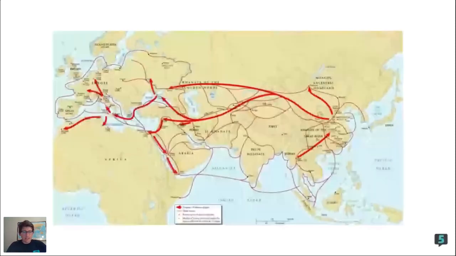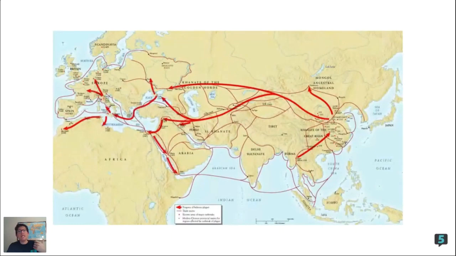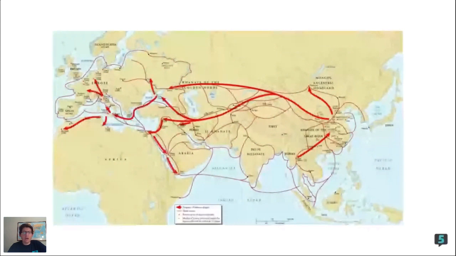Now, other consequences, right? I said there were social or cultural and environmental consequences. When we think about environmental consequences, it is the diffusion of crops, the spread of bananas, for example, from Southeast Asia to Africa, champa rice from Southeast Asia to East Asia, the spread of citrus into the Mediterranean. But probably most significant is the spread of pathogens and epidemic diseases along these trade routes, particularly along the Silk Roads. As the Mongols conquered